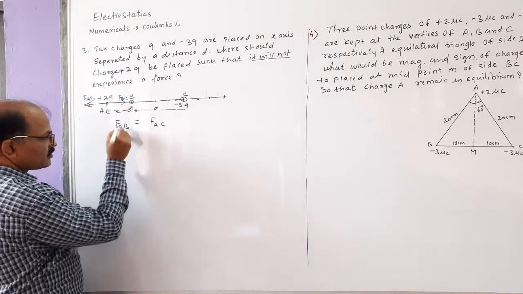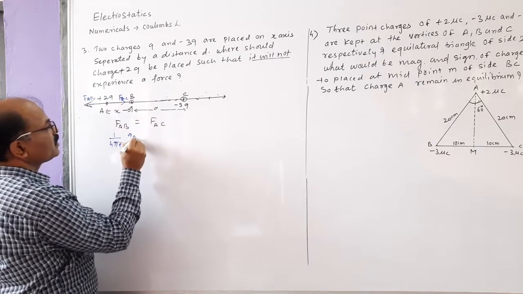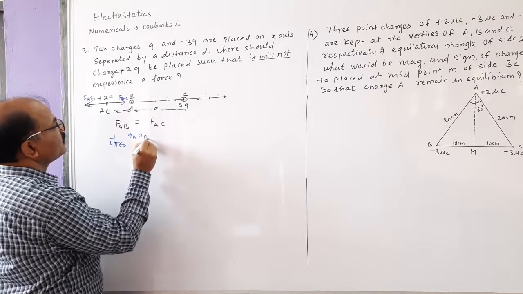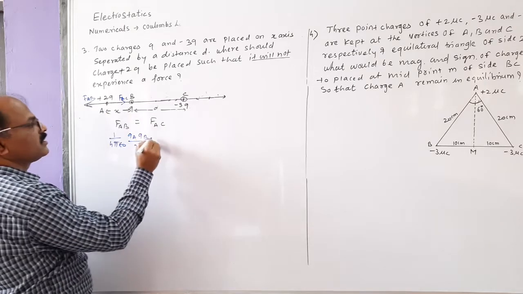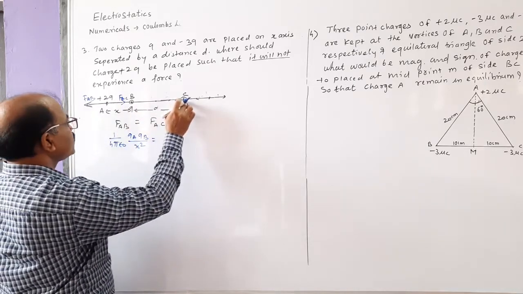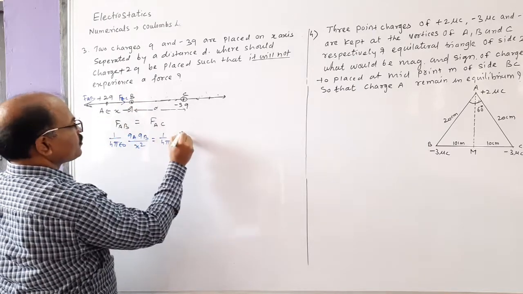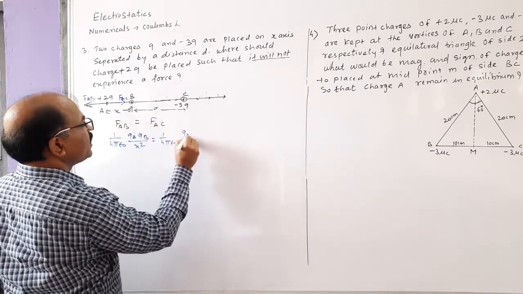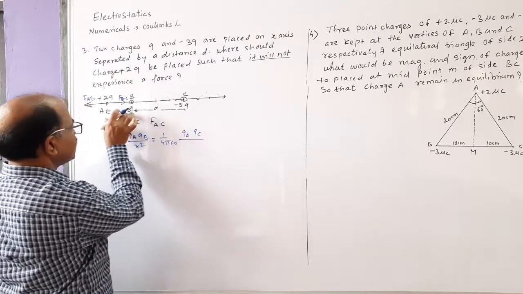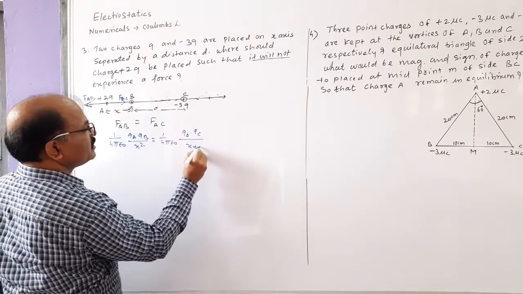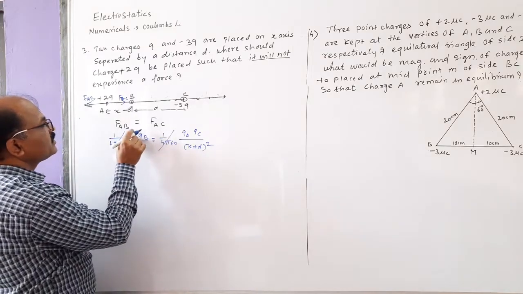So we can write the formula for AB: 1 divided by 4 pi epsilon naught, Q at A into Q at B divided by x square, the separation distance is x square, equal to, ये दोनों की वजह से कितना आएगा, so this 1 divided by 4 pi epsilon naught Q A Q C divided by separation distance x plus d का square. This will get cancelled. So we can write the value of this charge.